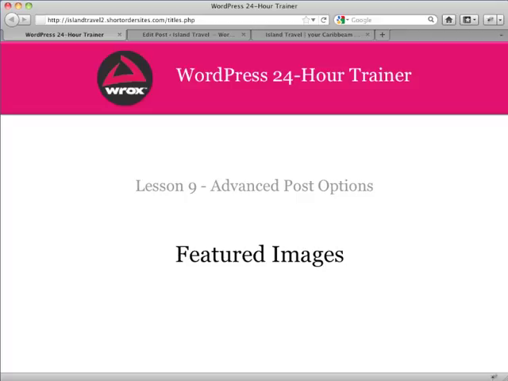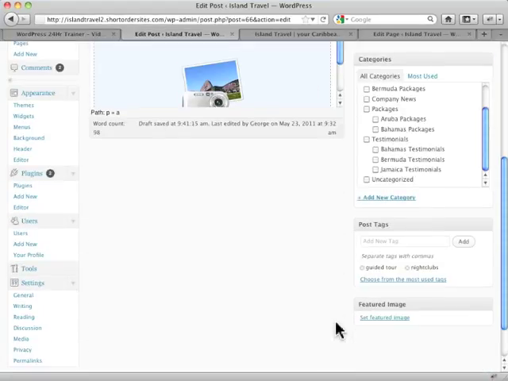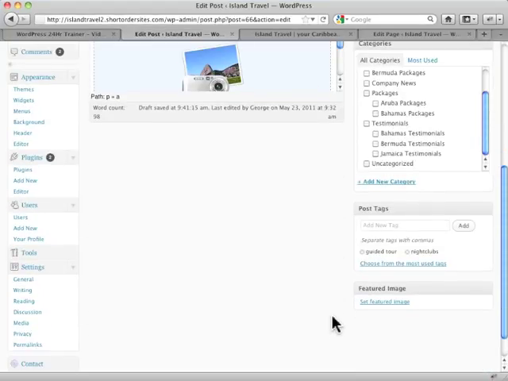A very powerful and very useful feature in WordPress is featured images. And you'll see the box for this down at the lower right by default. This is where it shows up. Featured image. Now keep in mind you'll only see this box if your theme supports featured images. This is built into WordPress, but it's not there by default. You have to actually call it up. And even then, your theme may or may not use featured images in different ways, and we'll see how that